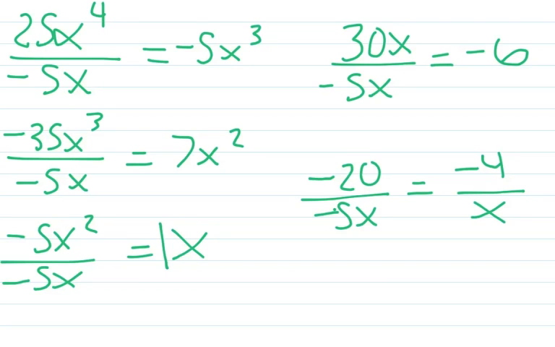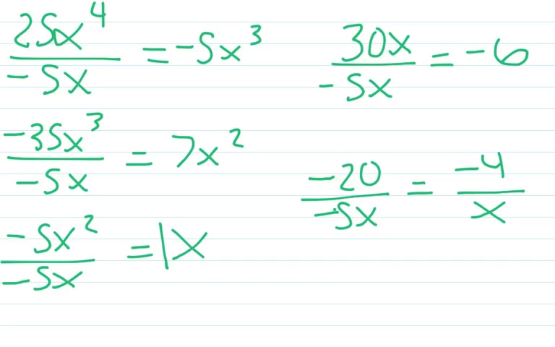Negative 5 divided into 30 gives you negative 6, and both x's cancel each other out, which gives you just negative 6 again. And negative 5 goes into negative 20 negative 4 times, and since the 20 does not have an x, the x has to stay on the bottom, which gives you a fraction of negative 4 over x